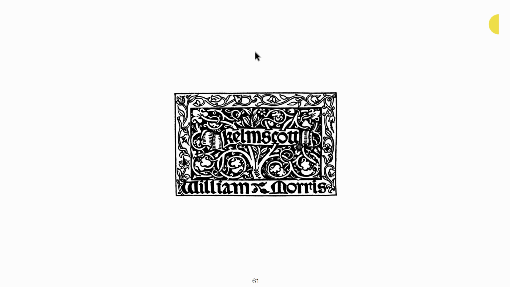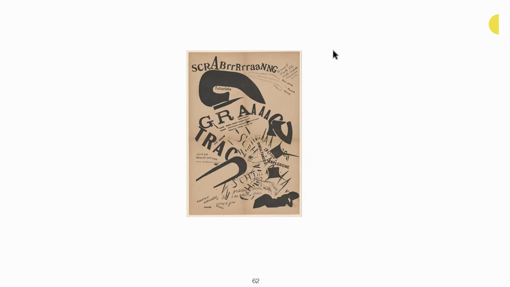When it's in black and white or just black and white and red, more than likely you're going to be in arts and crafts. It's got that historicism, that use of past styles going on. And here we see another type piece. Remember, it's either going to be Dada or it's going to be Futurism. In this case, we see totally free typography, like a monkey dropped it from a 10-story building and it just landed where it will